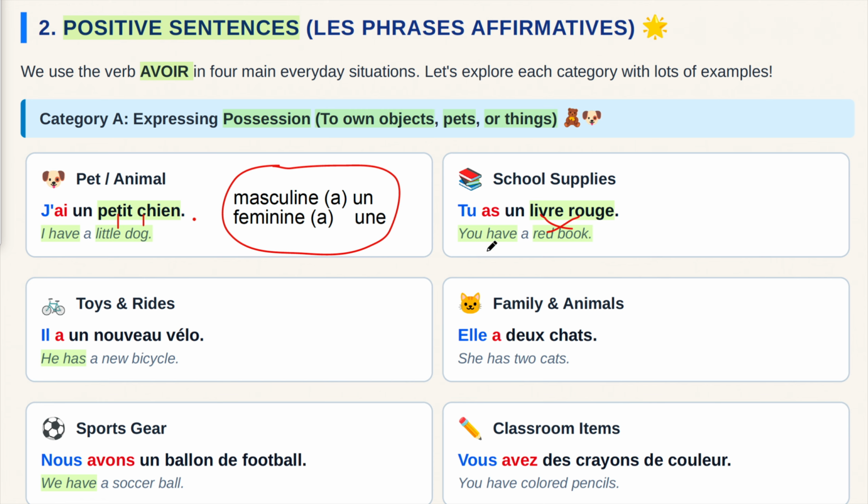So this is one of the most important concepts of French. There are some adjectives